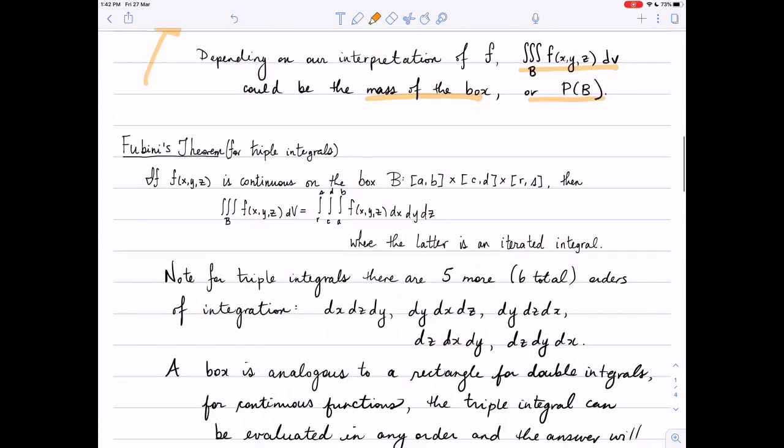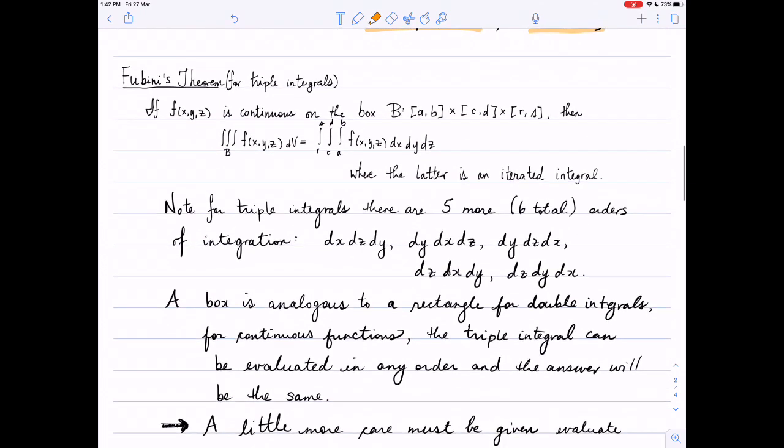So if we're not going to actually compute Riemann sums, what are we going to do? We're going to do Fubini's theorem for triple integrals, and it's going to be exactly like you would expect after seeing Fubini's theorem for double integrals. That is, if f of x is continuous on the box B, where the box is [a, b] cross [c, d] cross [r, s] this time, then the triple integral over B of f of x, y, z dV